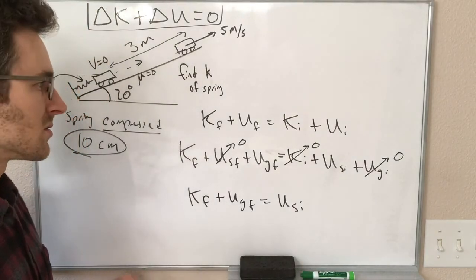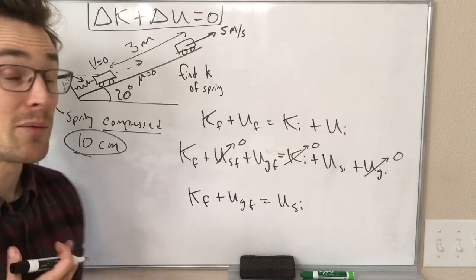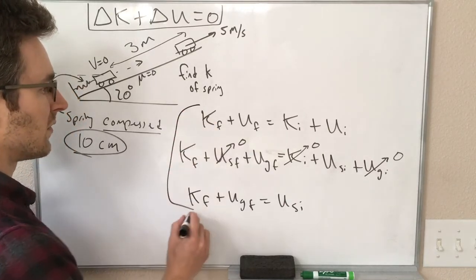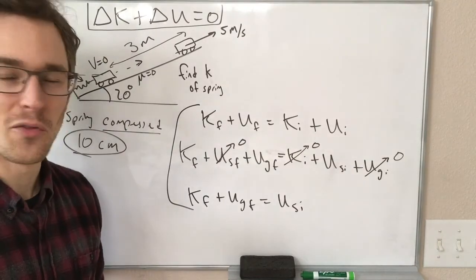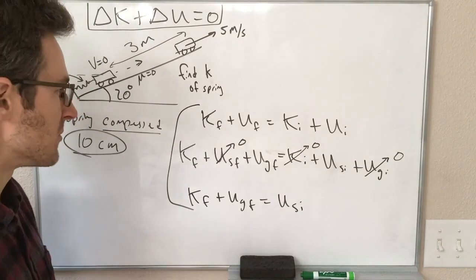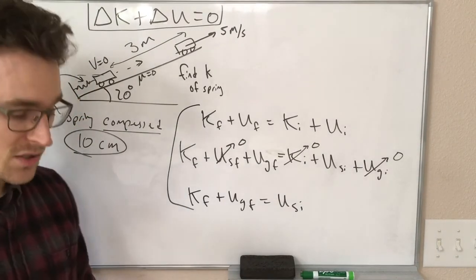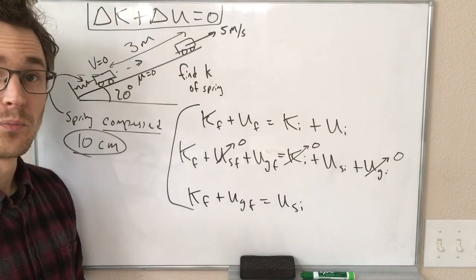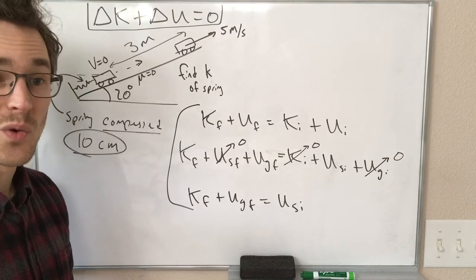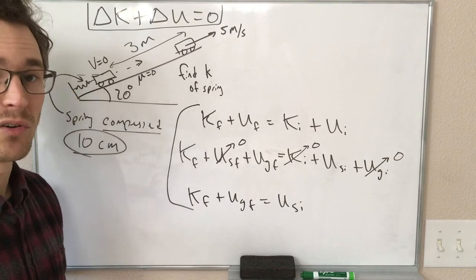So whichever one of these two ways of thinking about the problem is great. It seems like students are pretty much split 50-50. If I'm doing problems on my own, I tend to prefer this second way. But again, that's just the habits, the way you learn to think about these problems. So whichever way makes sense to you is the right way to deal with these problems. The next thing we're going to learn is how to deal with things when we do have non-conservative forces.